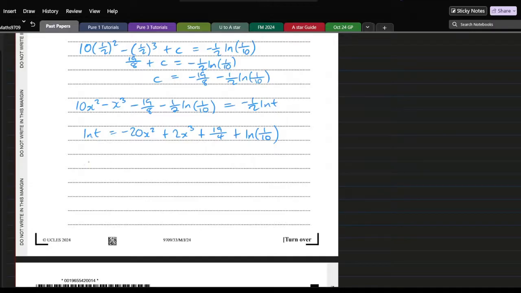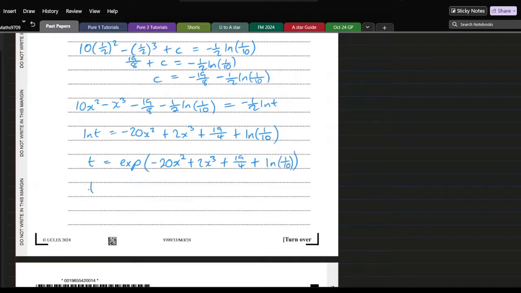And so this becomes t is equal to, I'll write it as exp, which is an alternate notation for the exponential function, of negative 20x squared plus 2x cubed plus 19 over 4 plus ln 1 over 10, and this would be our final answer. Actually, we could probably simplify this further, so let me just remove that "therefore",